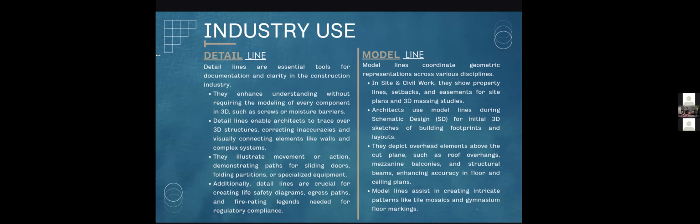Detail lines enable architects to trace over 3D structures, correcting inaccuracies and visually connecting elements like walls and complex systems without having to model everything. They illustrate movement or action, demonstrating paths for sliding doors, folding partitions, or specialized equipment. Additionally, detail lines are crucial for creating life safety diagrams, egress paths, and fire rating legends needed for